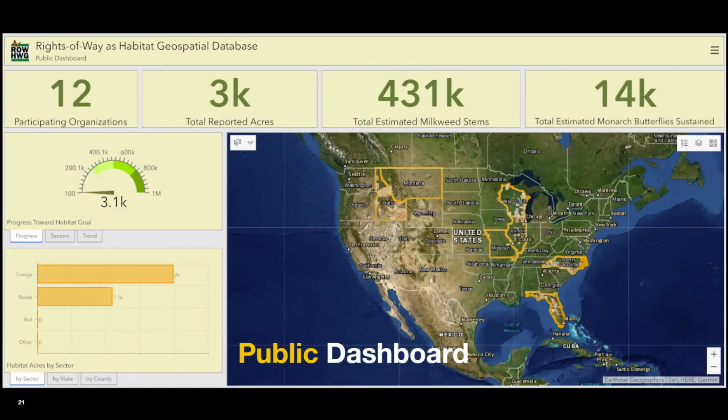This is a public dashboard that generalizes the data to a county scale so that it can be viewed by the public without showing the location of individual sites, which are considered by some organizations to be sensitive data. This dashboard gives the number of organizations involved in the system. It gives how much of the land that they're managing for habitat. It estimates the number of milkweed stems on the land, and it estimates the number of monarch butterflies that are